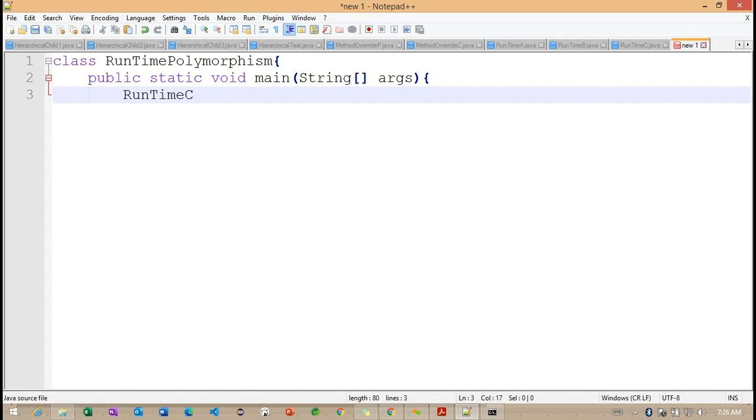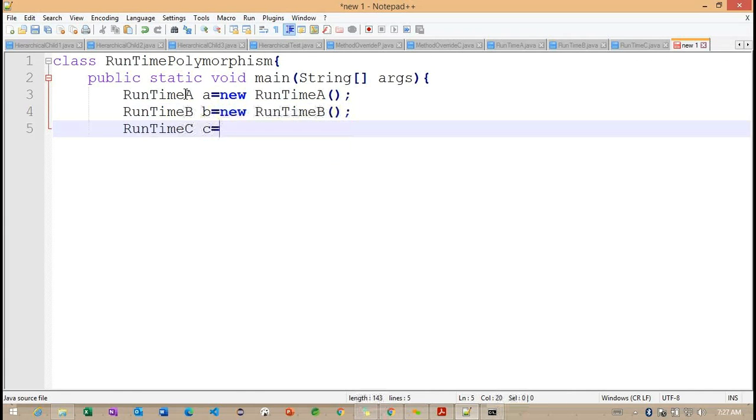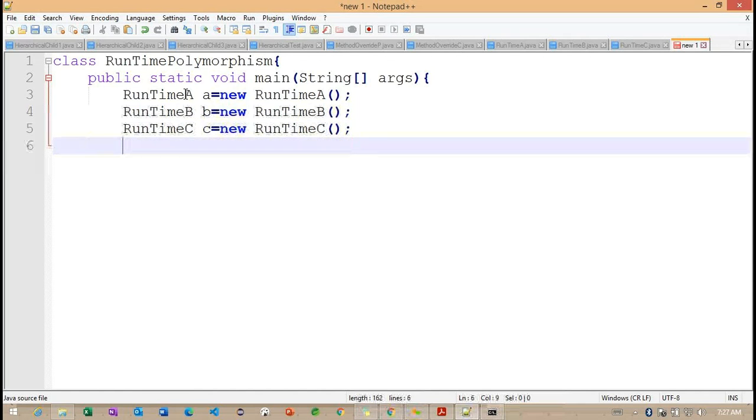Now I will create the classes' objects here. So we create a runtime A class object, and I'm creating all the classes' objects. I've created 3 objects here. Carrying the pan.